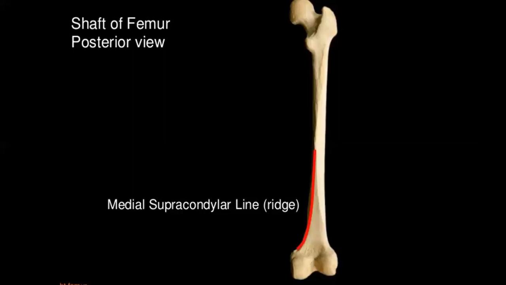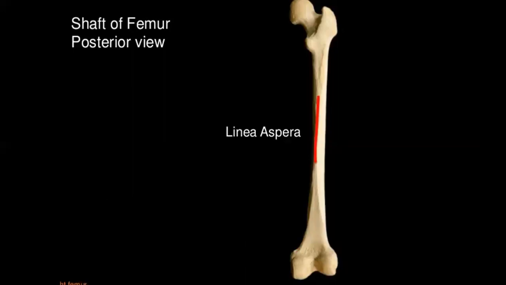Somebody asked about the function of the linea aspera. The function of the linea aspera is that it gives attachment to the muscles and the intermuscular septum. Intermuscular septum, if you have studied till now, is a septum in the thigh made by muscles for the passage of structures and vessels. So the linea aspera gives attachment to the intermuscular septum and the muscles, and it continues down as the medial and the lateral supracondylar ridges. The medial supracondylar ridge further continues to the adductor tubercle. That's it. This is the shaft.